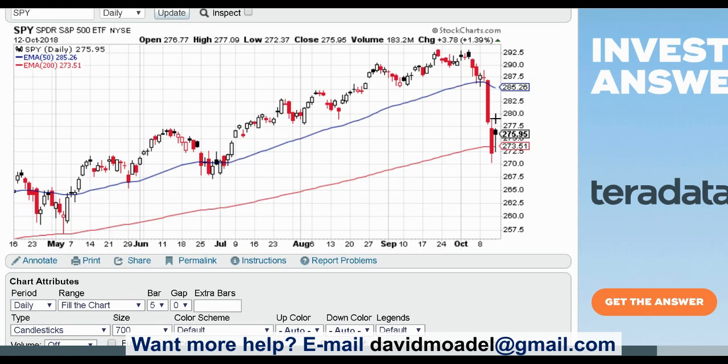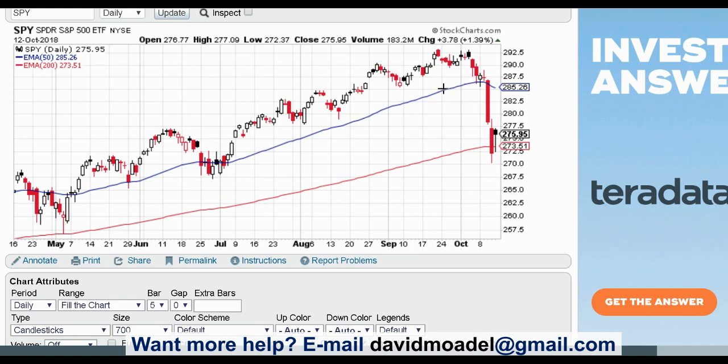And there looks like the makings of a correction here. Some seriously big red candles. So you'd think this would take you out, because if you had profited all the way up, this would be a great time to take profits so you don't lose it all, right? But with this 50 and 200, you're waiting for the death cross, the good old death cross where the 50 crosses below the 200.